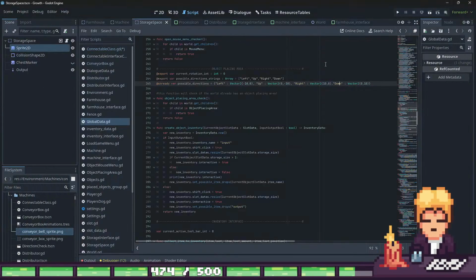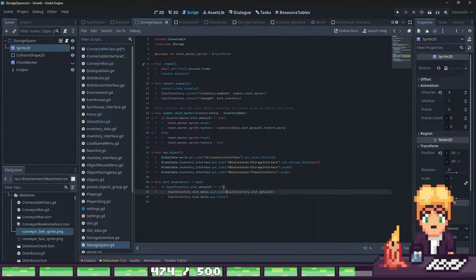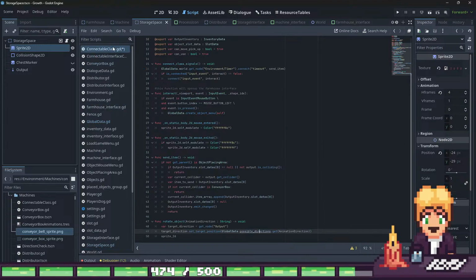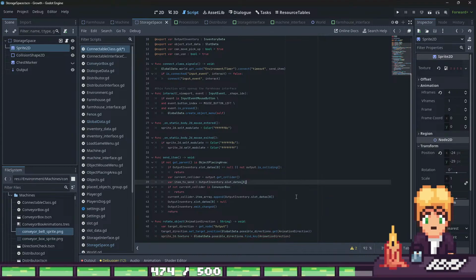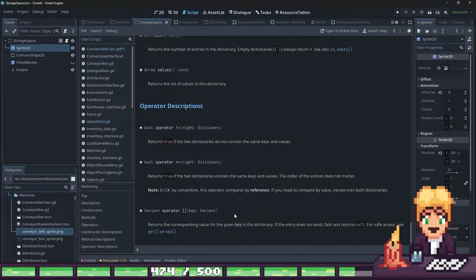Save. Okay, so we actually need to get the index. So this is very fine. So in the connectable class, we just say sprite2d.texture equals global data dot possible directions dot find key. And then we say animation direction. And find key will result in